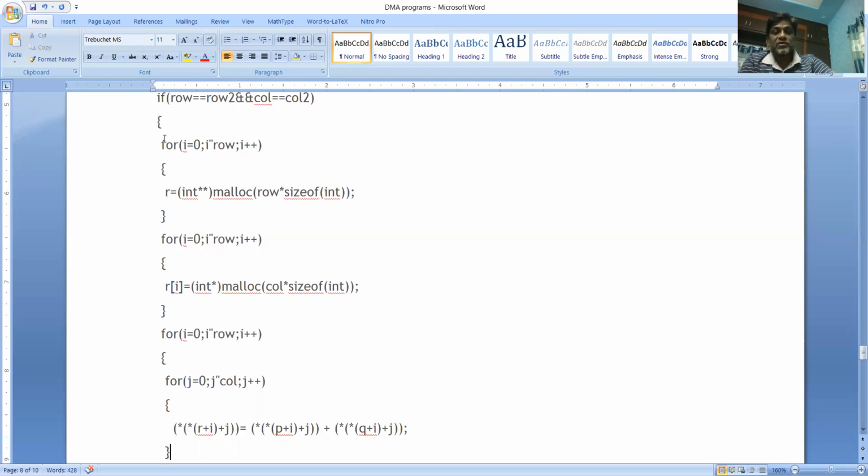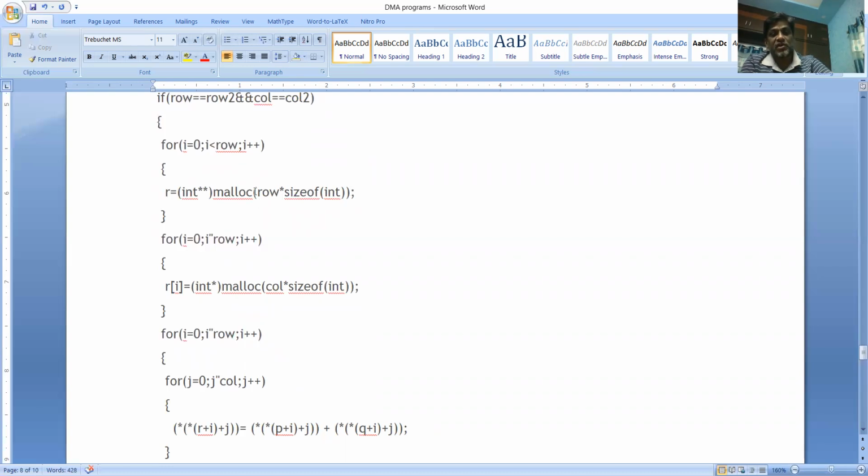Okay, so whenever we say that addition is possible, immediately you need to create matrix R. Okay, again, for creating matrix R, you need to create an array of pointers first, exactly the same as either the number of rows of the first matrix or the number of rows of the second matrix also, because both are same. By using for i is equals to 0, i less than row, i plus plus, R is equals to int star star malloc row into size of int.